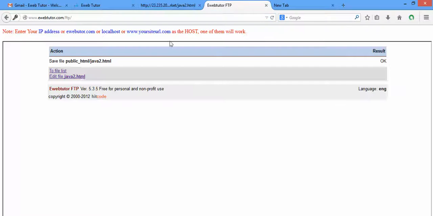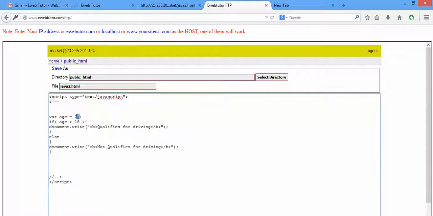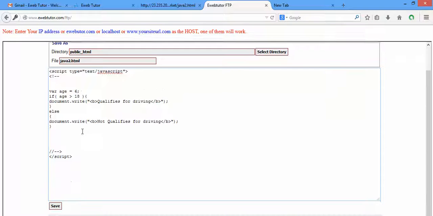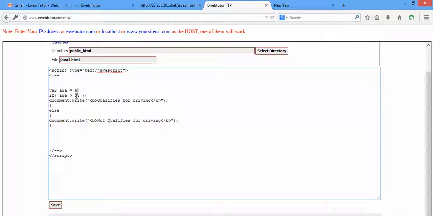Can you see? We still have qualifiers for driving. But let's change that 20. Let's change it to 6. Let's change this to 6. Since 6 is not greater than 18, 6 is lesser than 18, then we are not going to have qualified